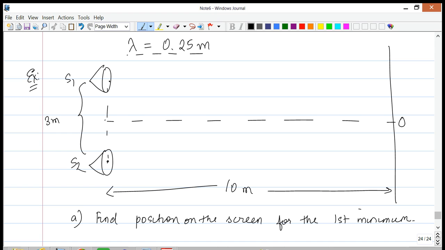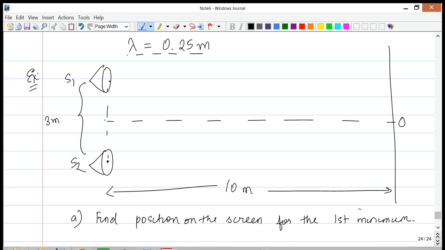so forth. Now we understand very clearly from this problem, from the symmetry of the problem, that at point A you will hear a loud sound, because the two lengths are equal, so the path difference is 0, and so you'll hear a loud sound. So make sure you understand that. Now our goal is to figure out at what point on the screen do we hear the first minimum,